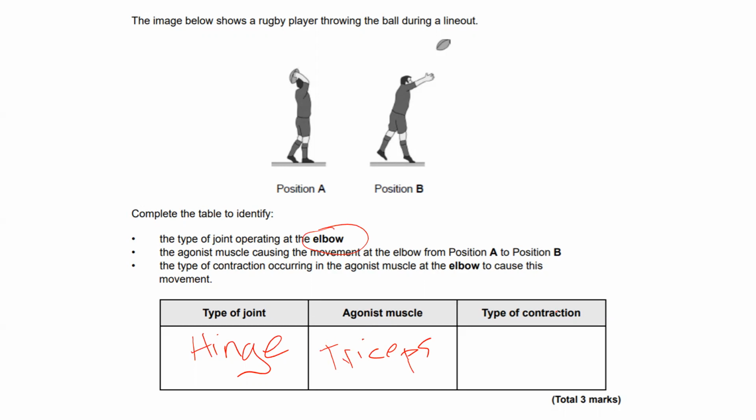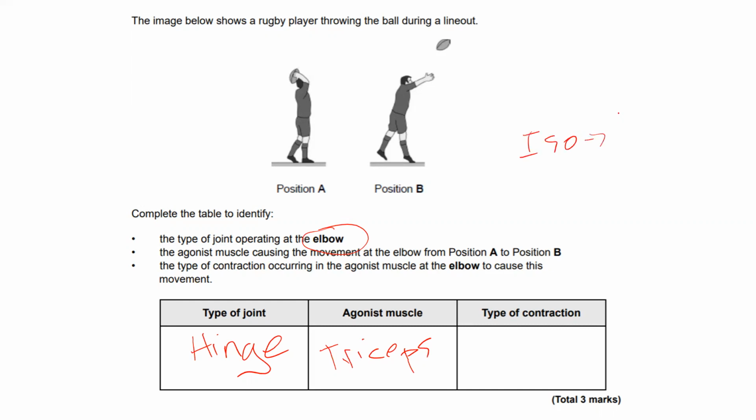Okay, and the reason why I think you got mixed up is at best, people were putting in either isotonic or isometric. But you need to be a little bit more detailed on this one. So when it's asking for types of contraction, you need to say whether it's concentric or eccentric. So those are the two types of isotonic. So just to be clear,